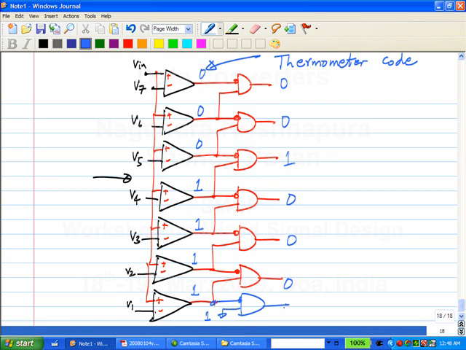Similarly, what do you think I can do to figure out if the input lies above V7? You just take E7, right? So the first and the last codes are, you can, this is a logical one, right? And this becomes